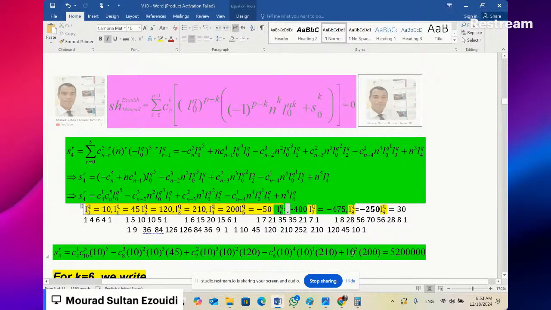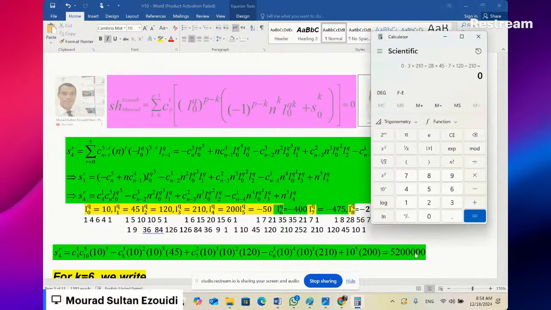So 10 raised to the power 5 is a common factor. Let's calculate this with my calculator, my kids: 4 multiplied by 10 choose 5. 10 choose 2, 10 choose 3, 10 choose 4, 10 choose 5 means multiply by 252. Then minus